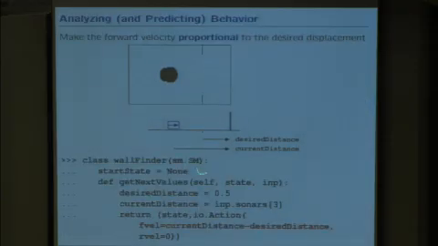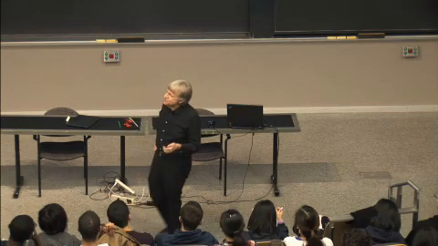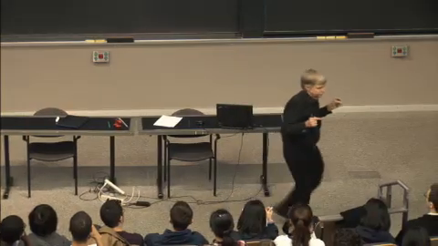So we might fill in our wall finder class this way. And then when we built it, if things went really well, we would get exactly the behavior we wanted. But if things went more naturally, it wouldn't quite work that way, and you might get a different kind of behavior. So let's do that again. So here's the resulting behavior for that simple controller that I just showed. So in some sense, that's not as good behavior.